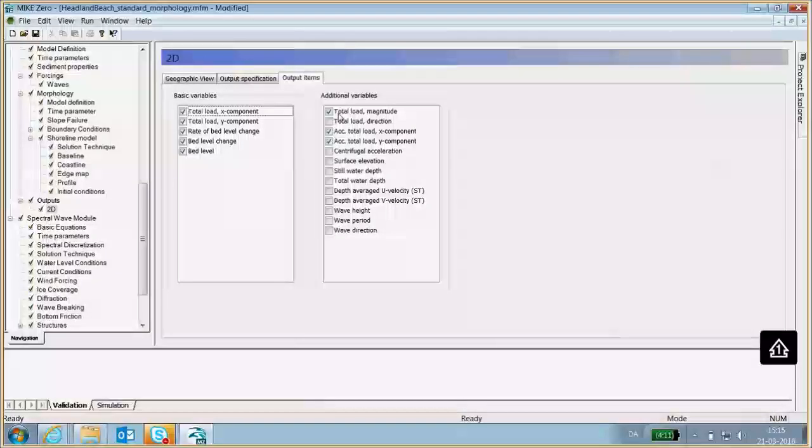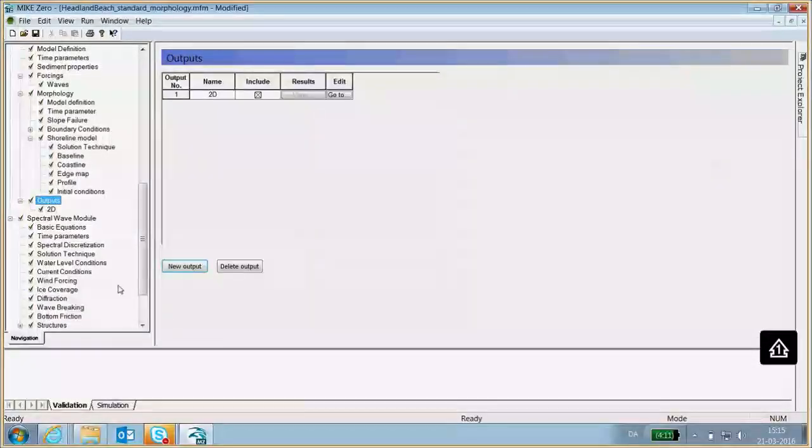I always like to see the total load as well, and also the accumulated load in the X and the Y direction. I like to have these two there, because then you can put on the vectors for the sediment transport, showing the accumulated transport vectors. So that's just some of those outputs.